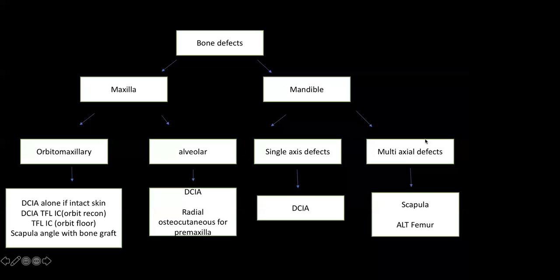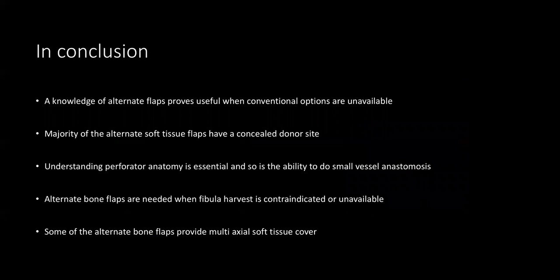And if you have multi-axial defects, probably the scapula and the ALT with femur. So in conclusion, thorough knowledge of alternate free flaps proves useful when conventional options are unavailable. A majority of the alternate soft tissue flaps have concealed donor sites. Understanding perforator anatomy is essential, and so is the ability to do small vessel anastomosis. Because if you're not able to do small vessel anastomosis, it might be difficult for you to complete successfully the